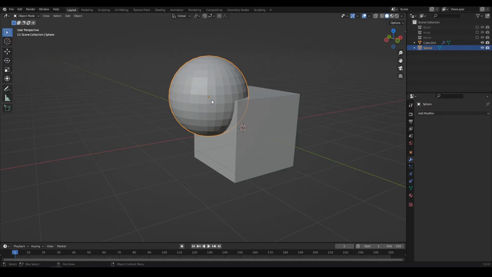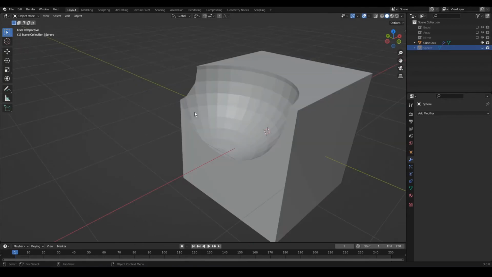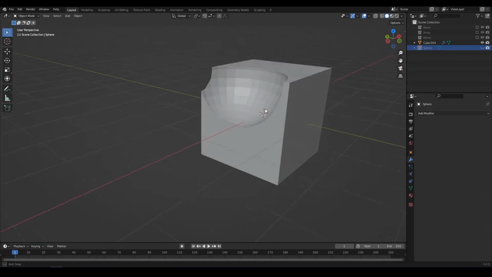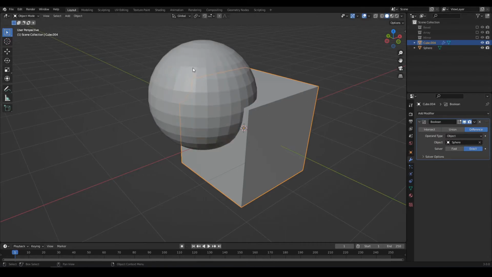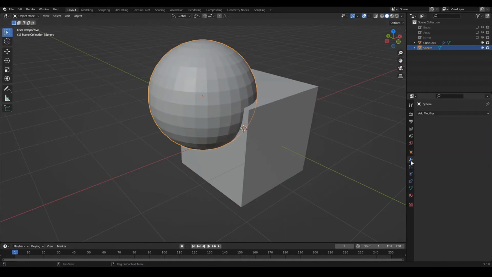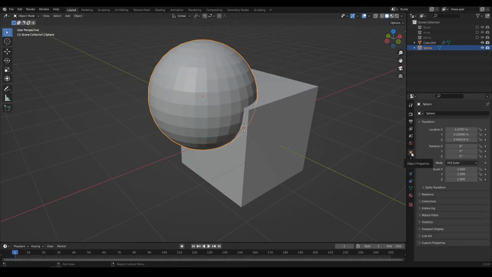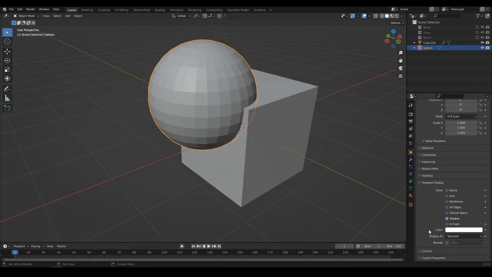If I remove this sphere, meaning I hide it, you will see the sphere has made a kind of hole, which is the shape of the sphere. This is the Difference setting. If I show the sphere, but going in the Object Properties tab in the Properties panel, and go to the Viewport Display section, and change Display As